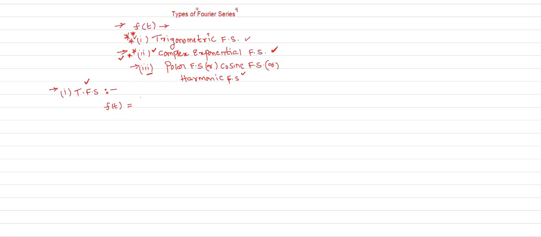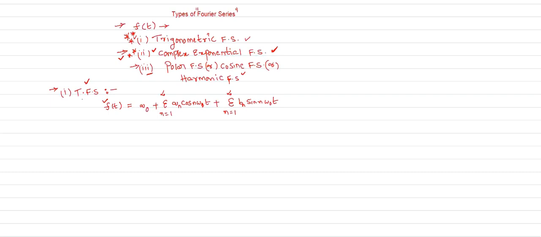The signal f of t is represented like this: f of t is equal to a naught plus sigma n equal to 1 to infinity a n cos n omega naught t plus sigma n equal to 1 to infinity b n sin n omega naught t. So this is the representation of a periodic signal f of t